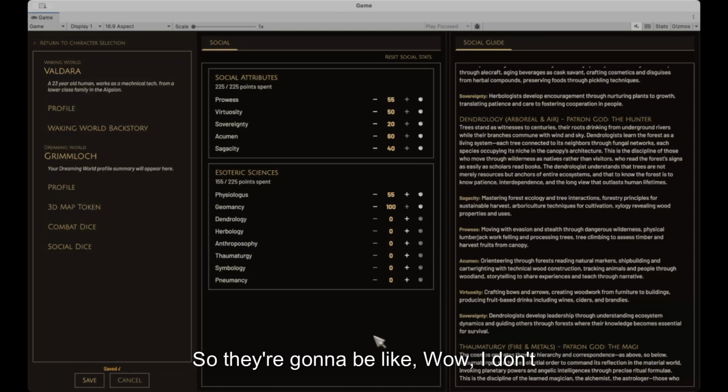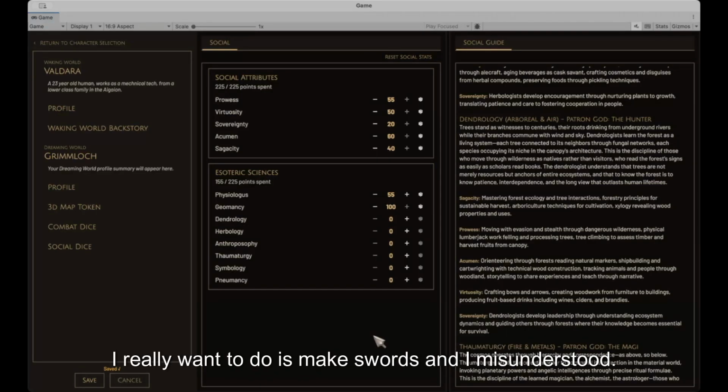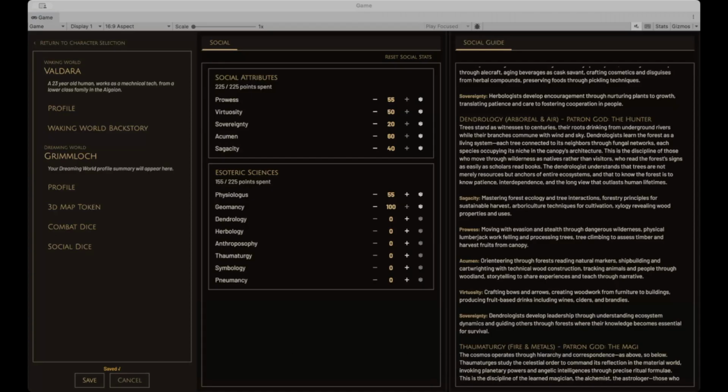We expect most people to be changing within a scale. So they're gonna be like, wow, I don't really want that much prowess. I discovered I don't really like harvesting ore and I don't really want to go do that. I want to drop my prowess down because what I really want to do is make swords and I misunderstood. Let me swap that around. So that balance will come up with and what feels good for everybody. I'm sure people will have a ton of opinions, but right now that's our current plan, is to give you the ability to change in the beginning and then gradually adjust your skill sets over it.